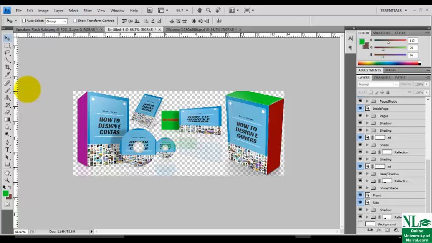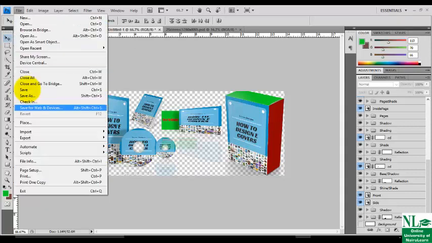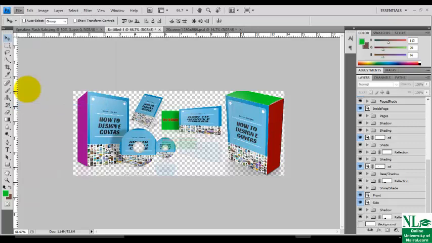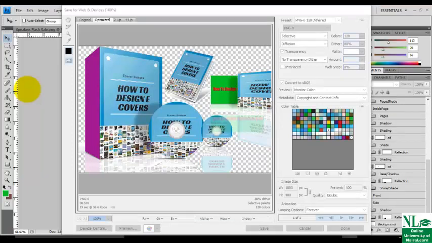If you're using it for web content, go to File. Then click on Save for what? Save for web devices. Okay. Now it's up. So click on what? Save.